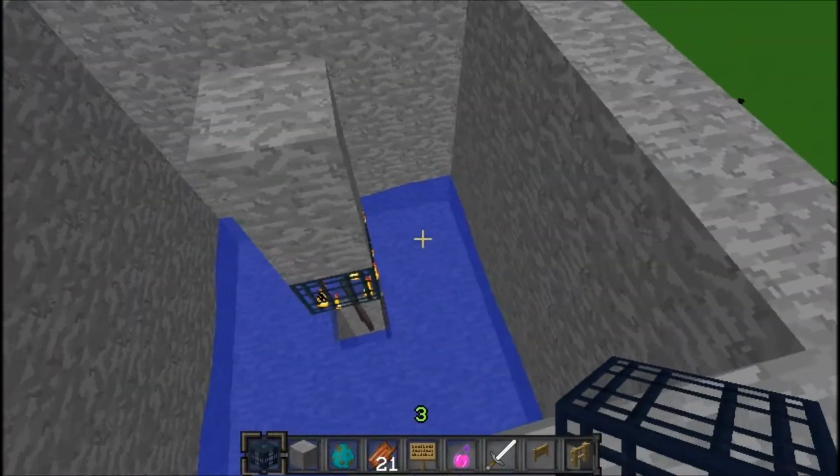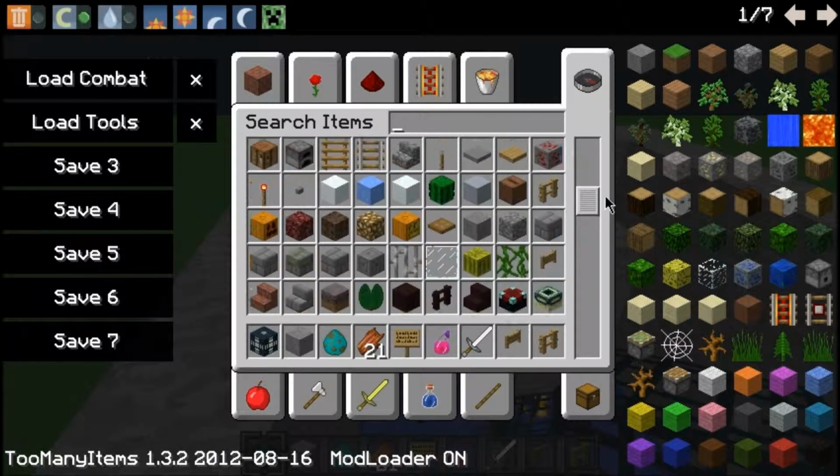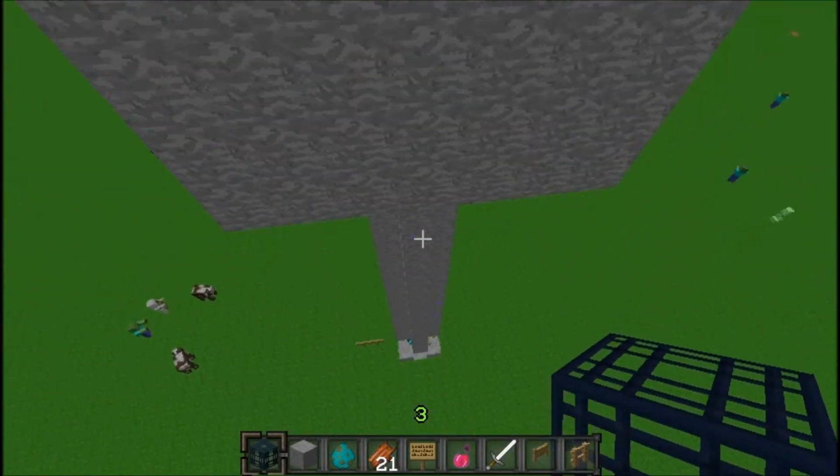This isn't one of those, it's just one that I made with the new monster spawn block in the creative mode menu, or you can get it from Too Many Items if you're still playing in 1.3.1, which I don't know why you would. So this is just going to be a tutorial on how to do this,